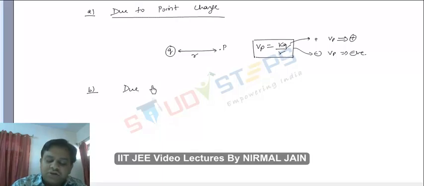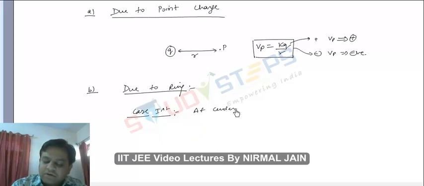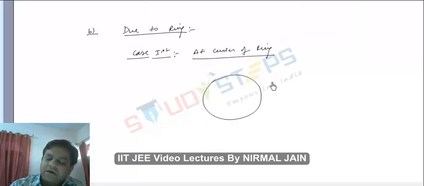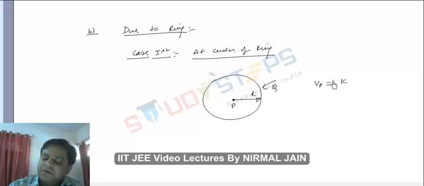So let's talk about the potential due to a ring. Case first, at the center of the ring, right? So if I have a ring of charge q and radius r, and if I want to find potential at the center of the ring, then potential at the center of the ring will be simply,